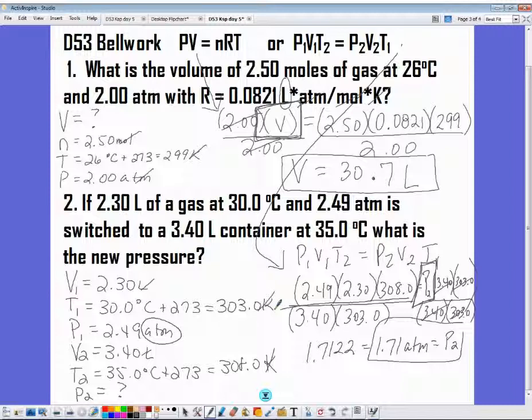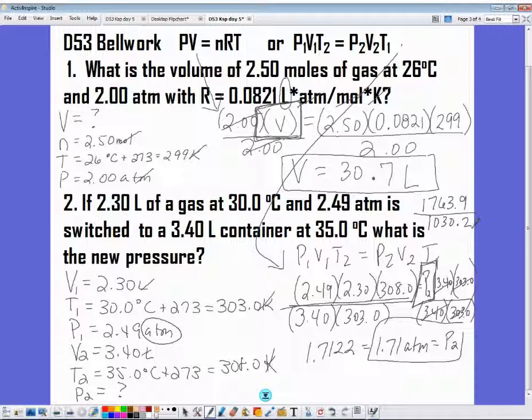1763.9. That's my top number. And then those two numbers on the bottom multiplied, 3.4 times 303.0 is 1030.2. And now, if I say 1763.9 divided by that number,